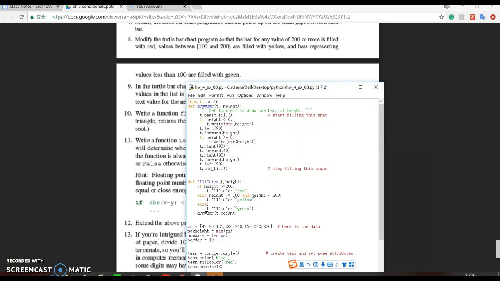the background. So we write a function, define draw bar t and height, to get turtle t to draw one bar of height, and then we start filling this shape. So t begin fill, and then there are two situations. For example, if it's less than 0, for example negative 50, it just goes down, so t left 90 degrees and just go forward, and then